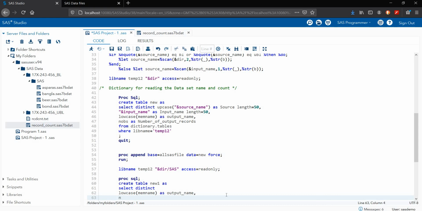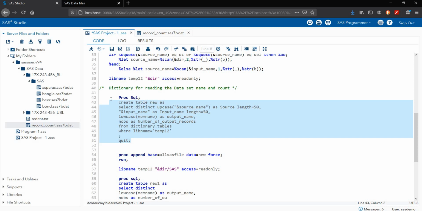Then we have NOBS as number of output records. I can copy this, because we are writing the same, only the new one is changed here.